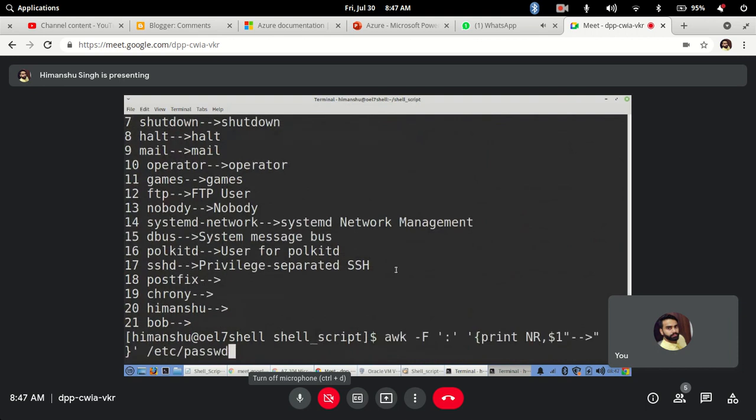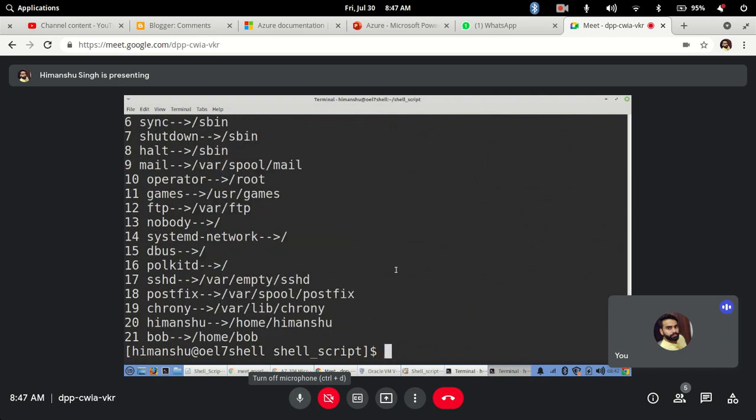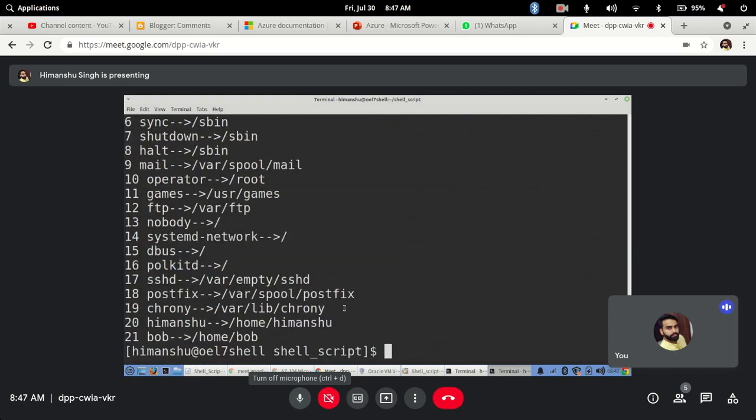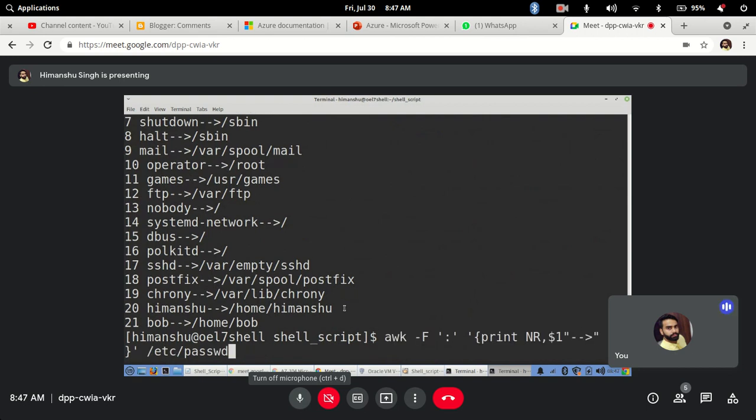Getting it? So the output will change based on that. AWK is basically used for all the processing that you want to generate using the command. Remember the field separator here: hyphen capital F, not small.